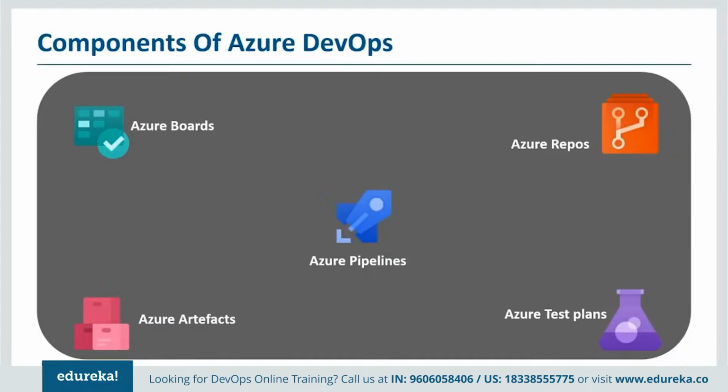So you can check in your source code there. The third thing is Azure Pipelines, in which after you have done the check-ins, you can build your solution and also release your solution in multiple environments like dev, pre-prod, UAT, production, all that stuff. Next is Azure Test Plans, which we haven't covered. I just wanted to give you an idea of what a test plan is. It is where you can run your automated, manual, and exploratory testing. And finally, you have Azure Artifacts, in which you can store some dependencies. So this is the overall picture of Azure DevOps, starting from planning up to the release without manual intervention. All this can be done as part of DevOps.